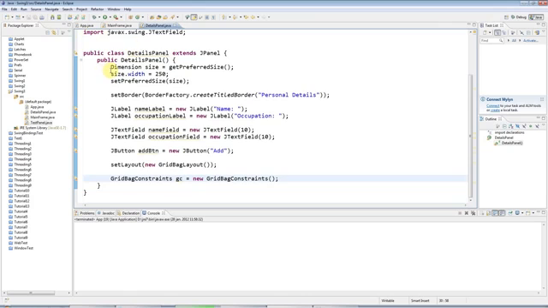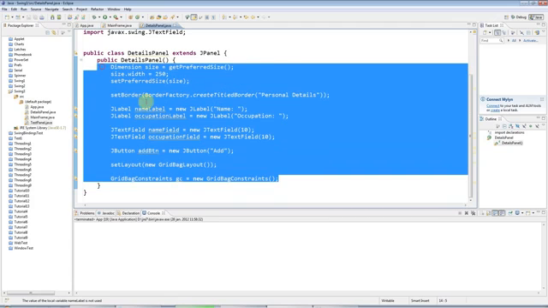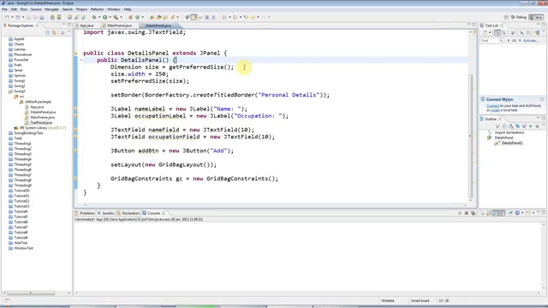And the answer is yes, but the visual way isn't quite as good as you might imagine, because you still have to worry about layouts and things like that, so it's not perfect. And you still probably need to know all this kind of stuff. Okay, so that's all for this tutorial, and in the next tutorial